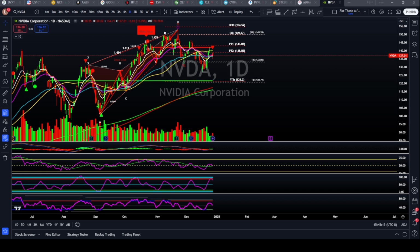So NVIDIA is struggling a little bit here. You do have this bearish white swan and deep crab on the daily. During the week, it started to look bullish for the semiconductors. They were pushing up. You can see that NVIDIA tried to get above that 50 SMA there. It did go as high as 141, but it was not able to hold it. And ultimately, that push that it got, you crossed that HSI midline and it went to the overbought conditions. And unfortunately, you did form an HSI arrow to the downside here on NVIDIA,